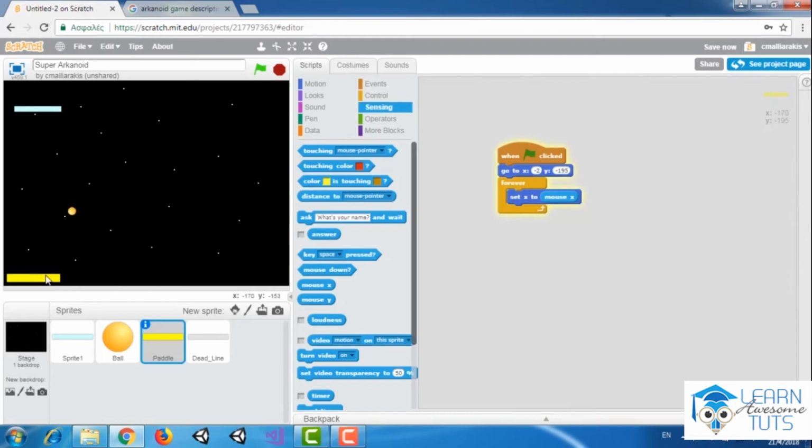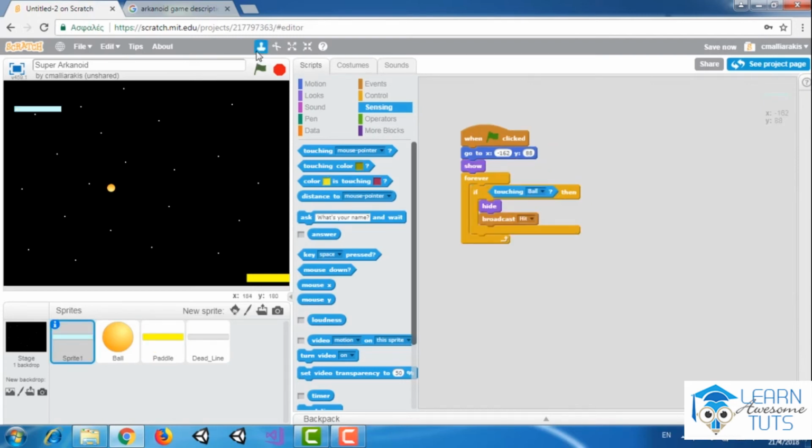Very nice. Very, very nice. Okay. And then if I start the flag again, I have this brick shown again. So I will go to sprite 1 and I will try to duplicate the sprite, either by doing this, or even by doing this. So I will have sprite 2,